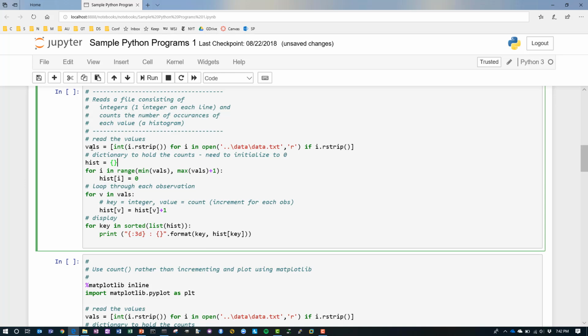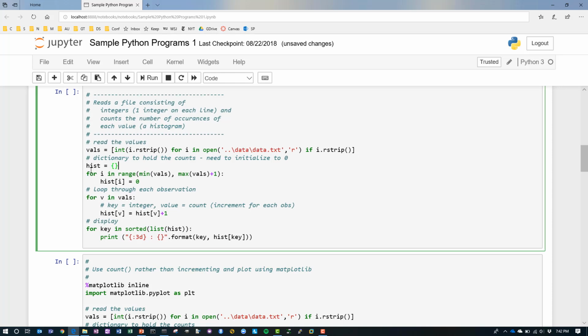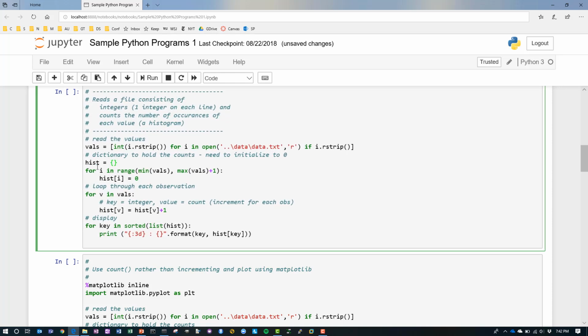Okay, so once we execute this statement, we have a list of integers. And so in the data structure for this program, I'm using a dictionary that I call hist. I'm initializing the dictionary, and then I'm just going through and setting all of the initial values equal to 0. Note how I'm doing this with the histogram: I'm using range. I'm taking the minimum integer from my list and the maximum integer from my list, and I'm getting a range